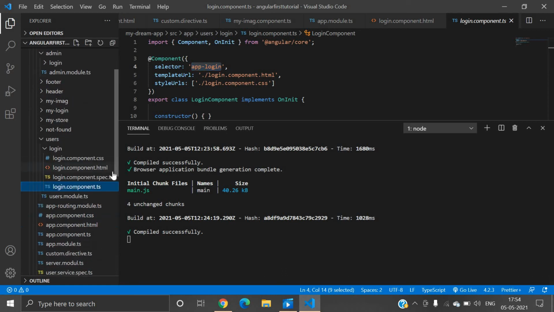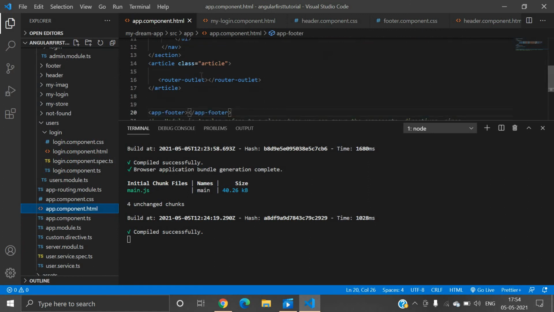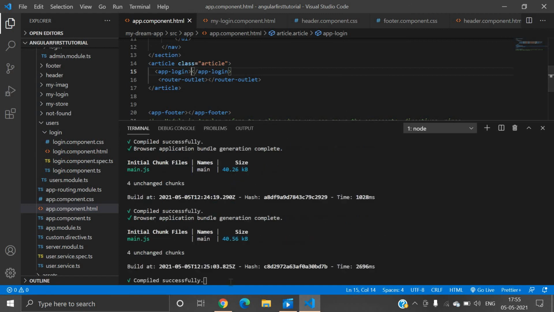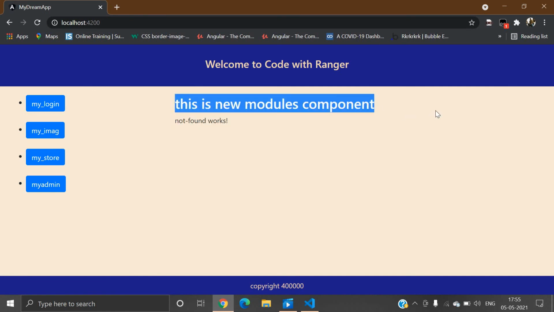We will use it inside the root HTML file app.component.html, right? We can use it anywhere. I'll just copy this custom tag and compile this file, and after that let's check. Now here you can see the data is displaying.